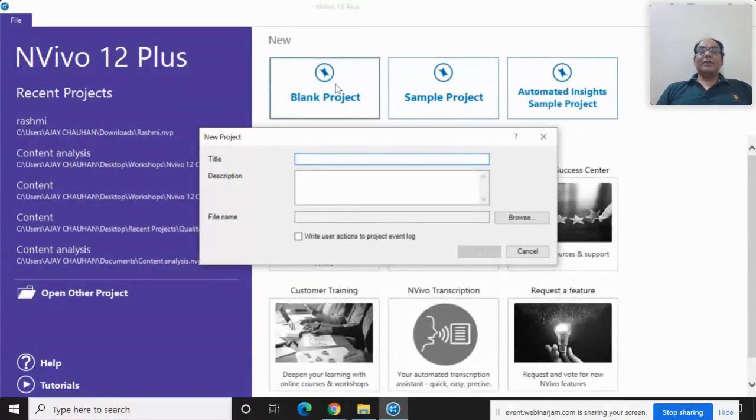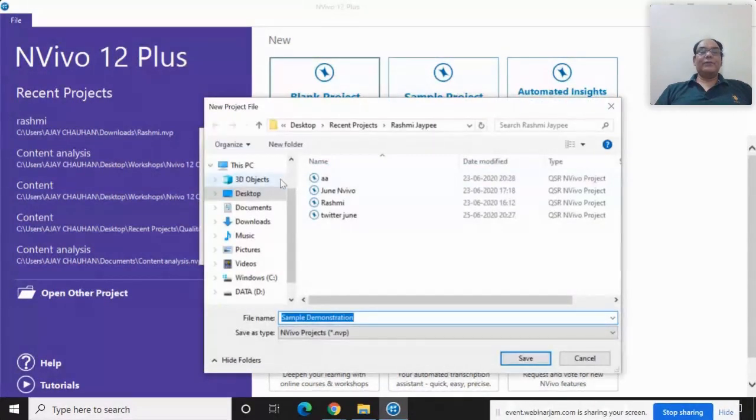The software is asking me what the name of the blank project is. So I will write here, it is a sample demonstration. This project will be saved in the location which you give.